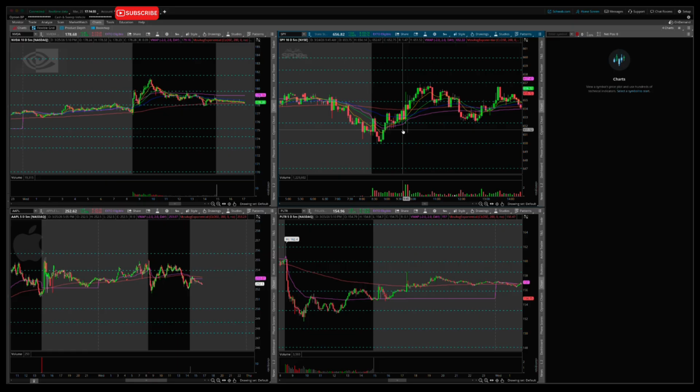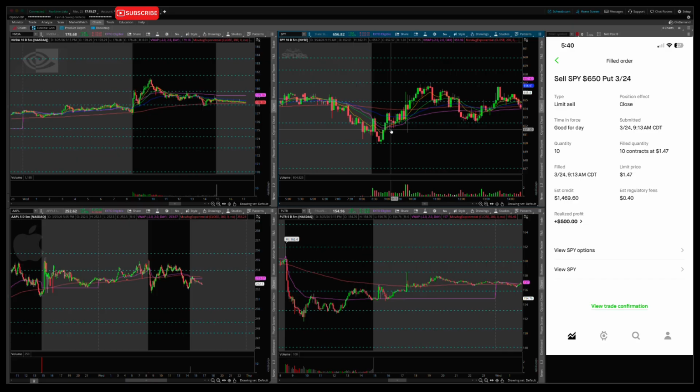I took at 9:07. So right here. Actually, no, right here. Yeah. This is where I entered. I remember this one. I entered right at the top because it was getting close to the 200 EMA and I wanted to get it in right at the 50, but I wanted to see if we can push a little bit further just to get some stops going pretty much. So took puts right here, and then I took profits down here at the drop of this candle right here, literally the next candle.